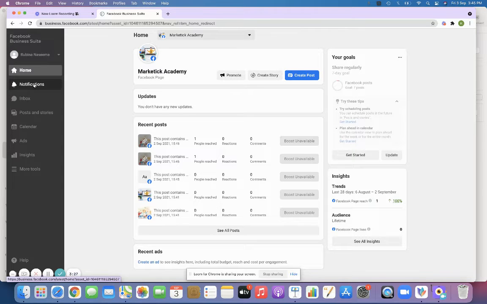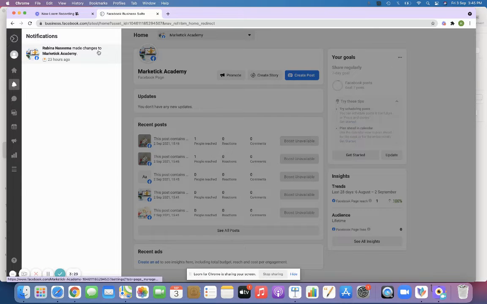Fine. Then when you click notifications, you will be able to see the list of notifications. Suppose you're running a Facebook ad for your client. When you're planning to run a Facebook ad for your client, the first thing you need to do is get the Facebook page access from your client. If you're running the campaign on your own ad account, you need not get their ad account. That is totally fine. All you have to do is get the client's Facebook page access, or if it is for yourself, that is also fine.